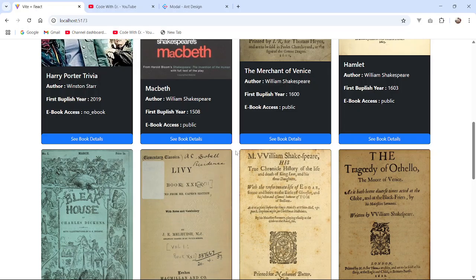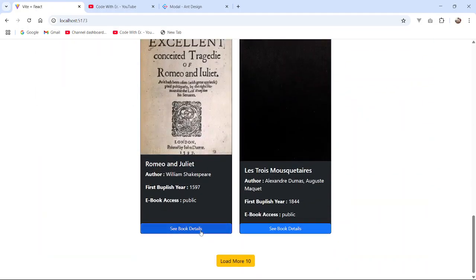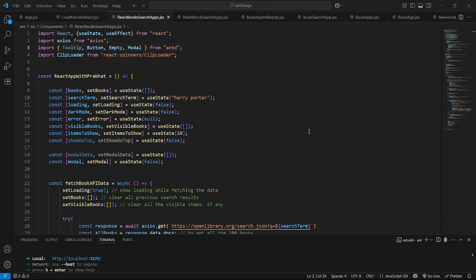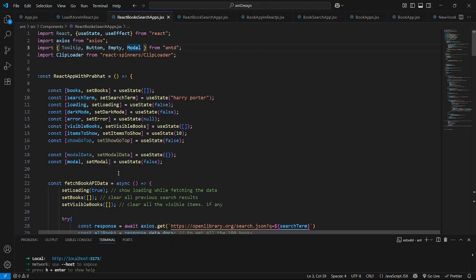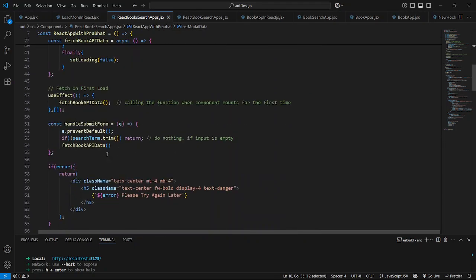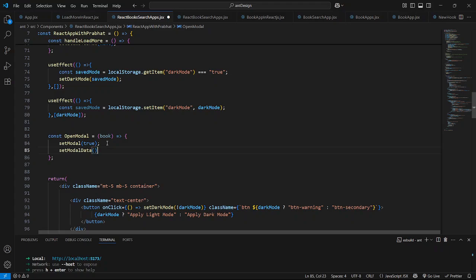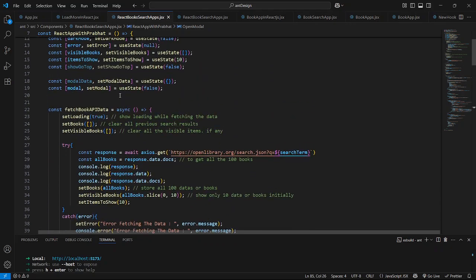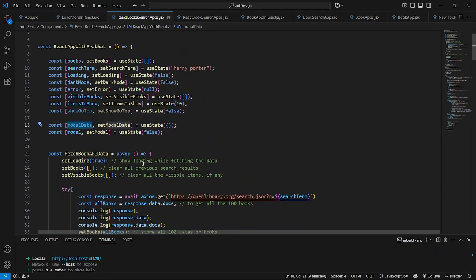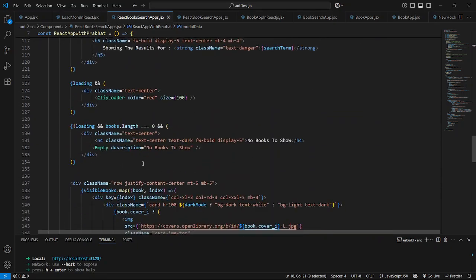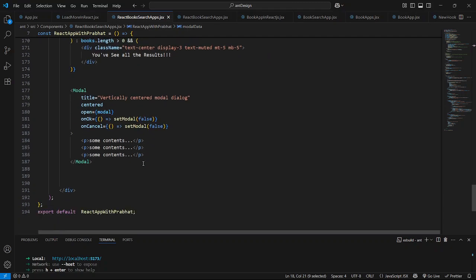So now we have to make it dynamic also. We have to make this modal dynamic as well. So let's just make it dynamic now. So let me just copy this, set modal data, to update this modal data state variable. So copy this from here, and come down, and inside this open modal method we will just update with this book object, the entire book object. So now just copy this modal data from here, and we will make each and everything dynamic